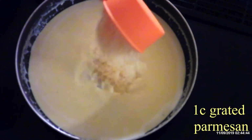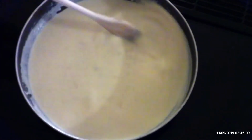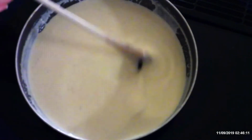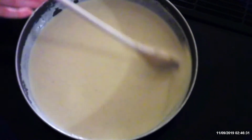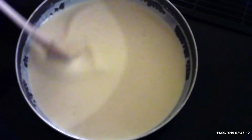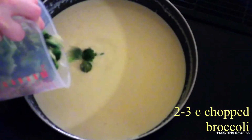Stir in 1 cup of grated Parmesan. Keep stirring it for about another 2 minutes or until the cheese is completely melted. Make sure you keep it on low heat because you don't want the bottom of it scorching. Add 2 to 3 cups of chopped broccoli,